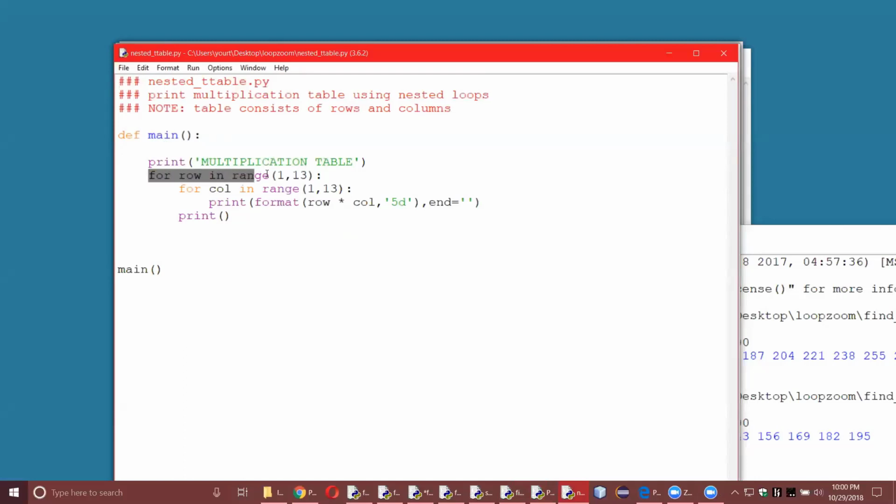Here you can see we have a loop that's going to go from 1 to 13. And I've used the variable row instead of n this time, because what we're going to get is a table, a set of rows and columns. And so I used row and col for the next loop. Now notice that this loop is inside the first loop because it's tabbed in. And then we're going to,